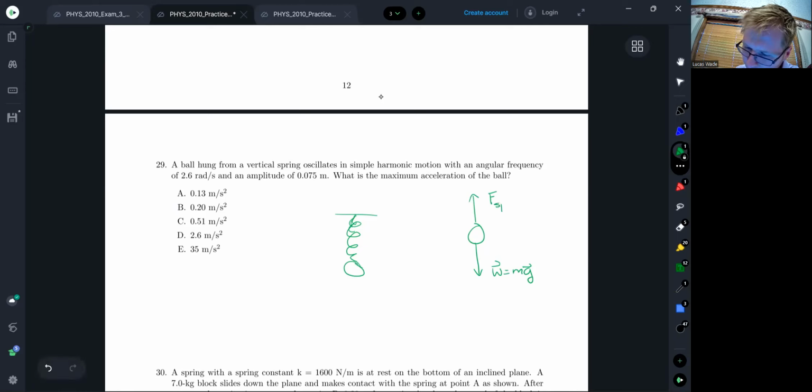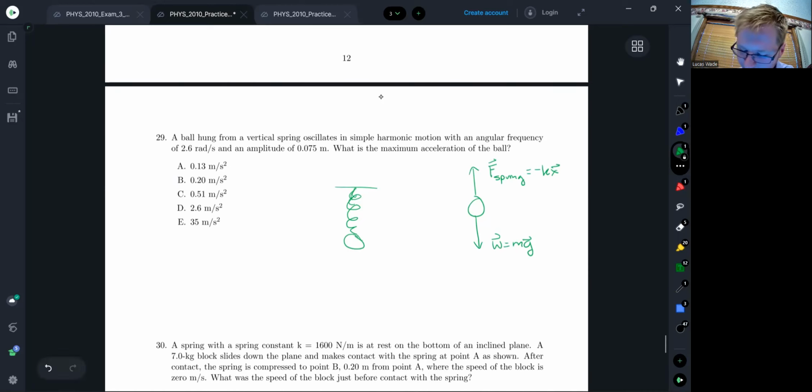I'll just write a spring equals negative kx. So I will say we've already accounted for the direction here. So we got to be careful when we're doing the net force acting on this thing. So net force in the y direction is,